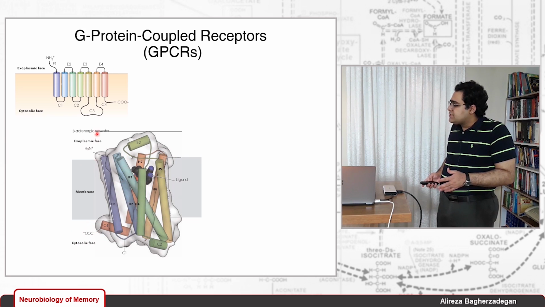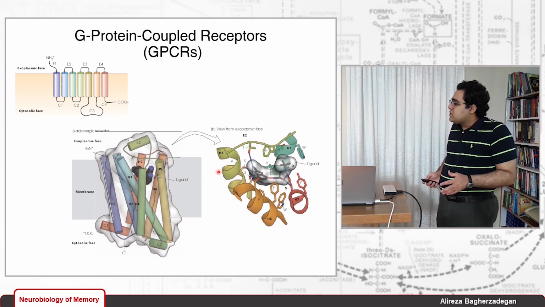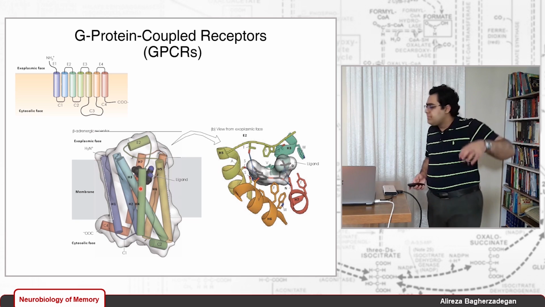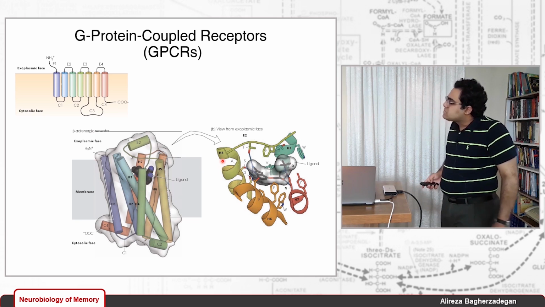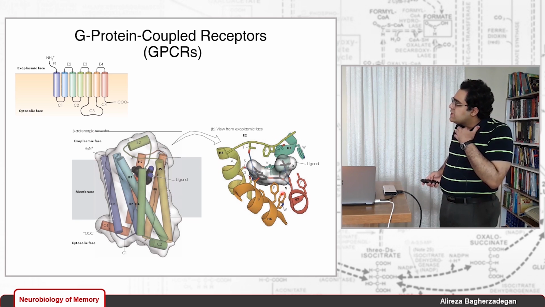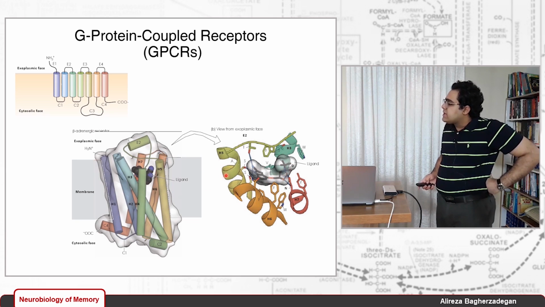You can see the C-terminal here, the N-terminal here, and we have the ligand, which is the hormone adrenaline, here in its binding site. And if you look at this receptor from the top, so this is a top view, you can see this ligand, adrenaline, in its